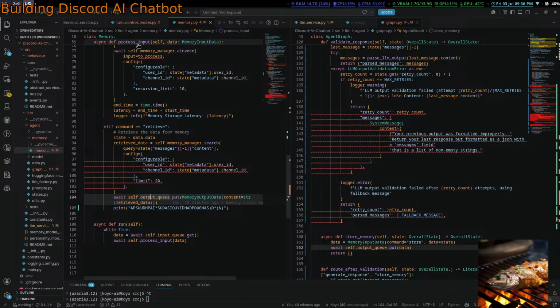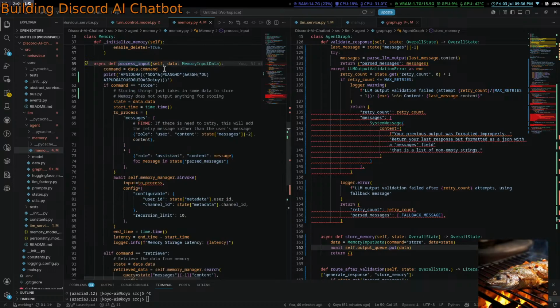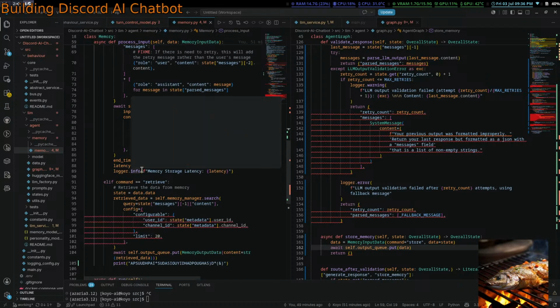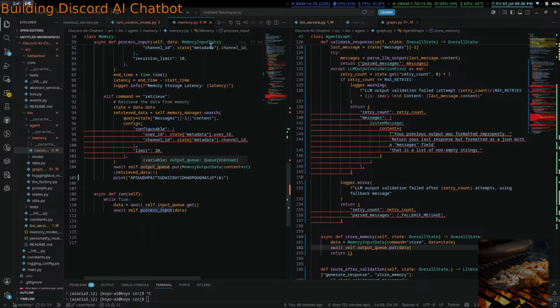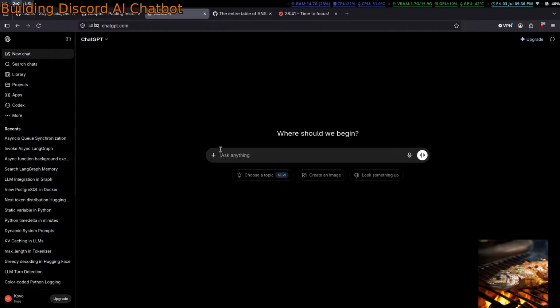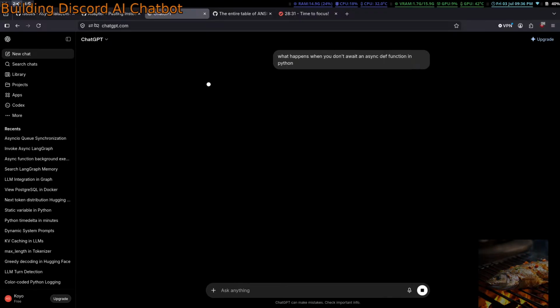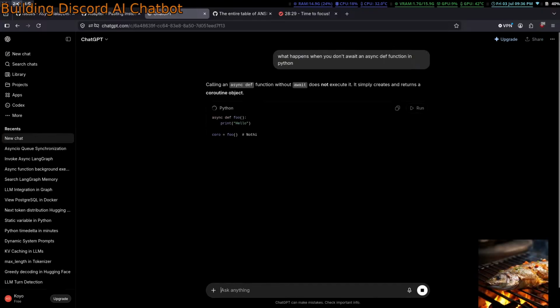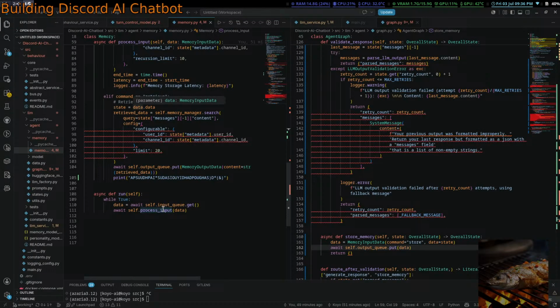Are we not awaiting? No, if you don't await one of these, it just explodes, right? You get an error. If you don't await an async def function in Python, it gives you an error, right? Oh no, that's not the problem.